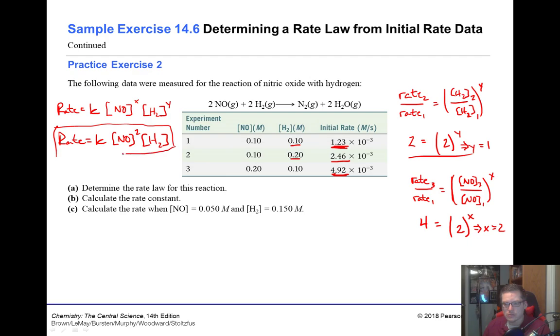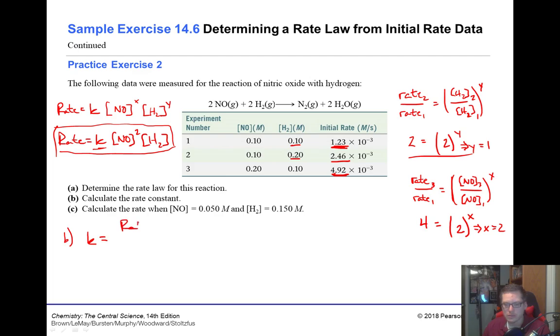All right, so this is our rate law for this reaction. That's pretty easy. So it's third order overall, just to review a little bit what we've done in the past. Then the next thing says calculate the rate constant. To calculate the rate constant, since we have the rate value, we're just solving for this K value. So for part B, our K is equal to